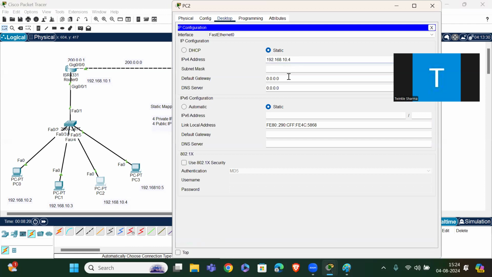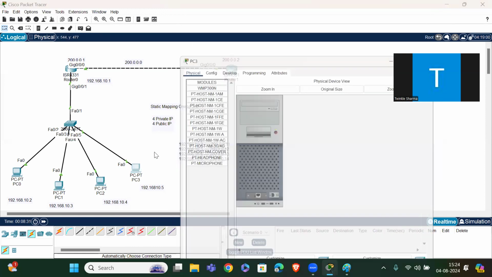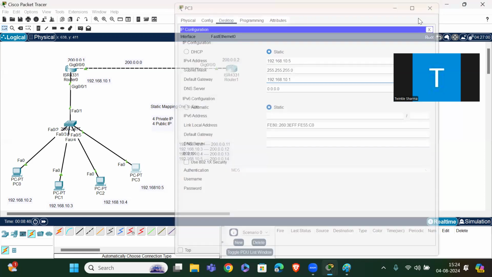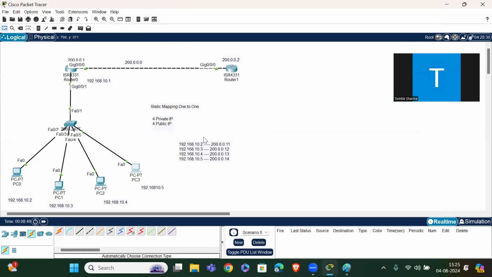Next: 192.168.10.4, gateway 192.168.10.1. Next: 192.168.10.5, gateway 192.168.10.1. Done. So now let me do the mapping with NAT.